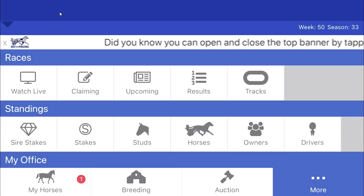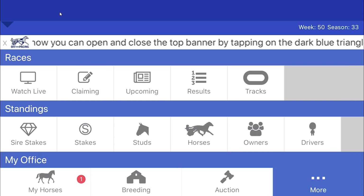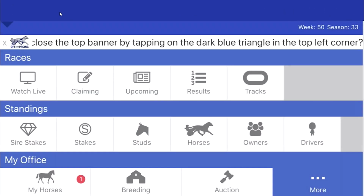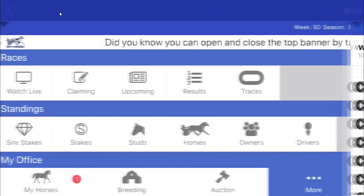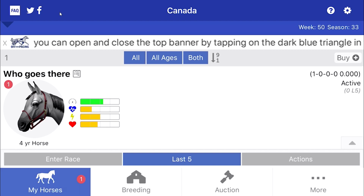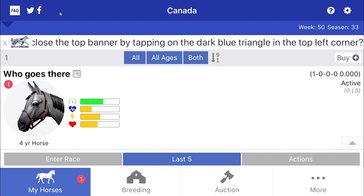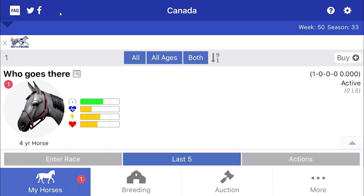The overall layout and structure of this interface is pretty realistic. It reminds me of a site. I just can't recall what the site is, but if you guys have been on there, you know exactly what I'm talking about. So yeah, this is Off and Pacing. If you want that realistic approach to a horse racing game, especially harness horse racing, since there's not a whole lot of games out there for it, I think you will enjoy this. But if you want something with a better viewing experience, I still advise you to get Horse Racing